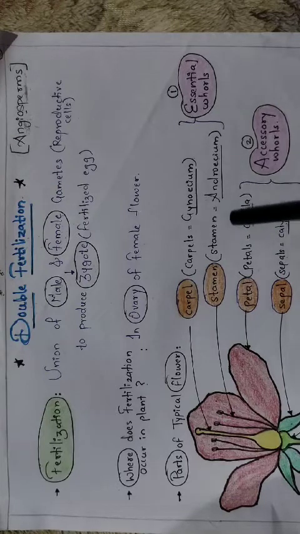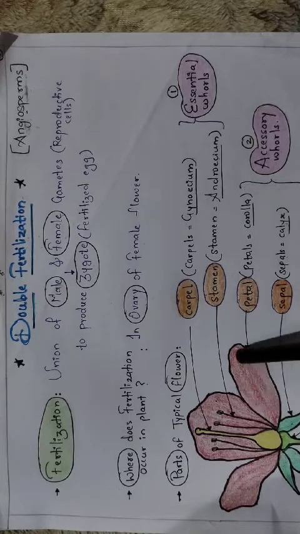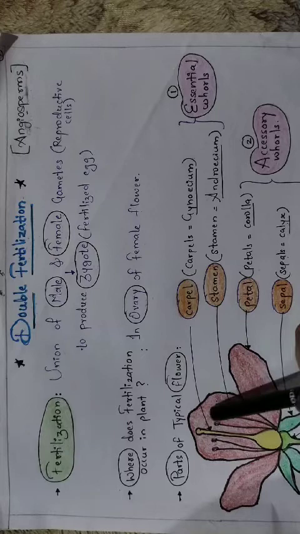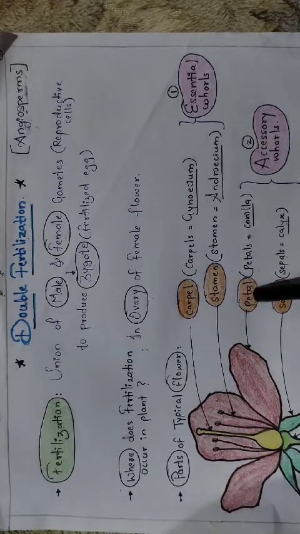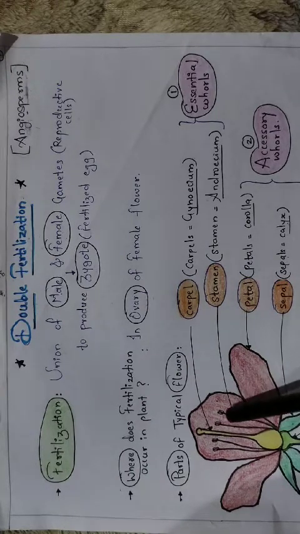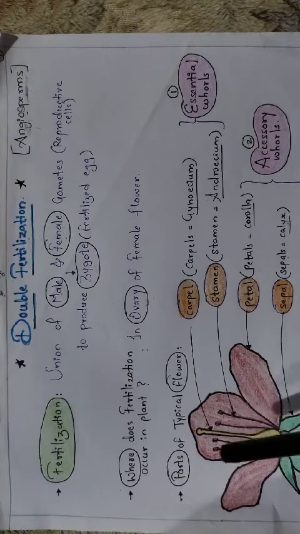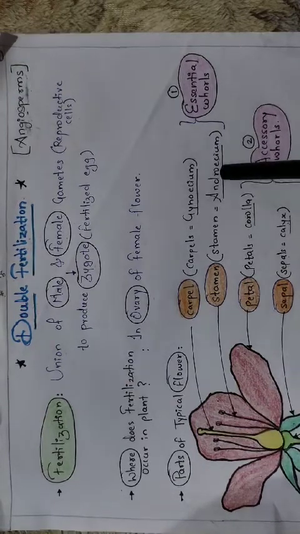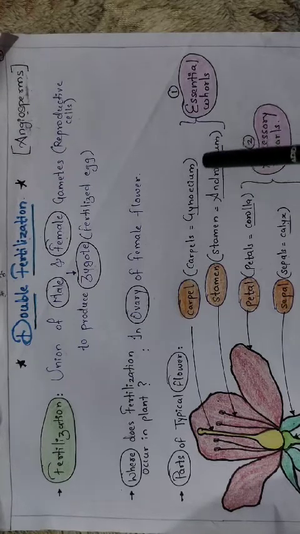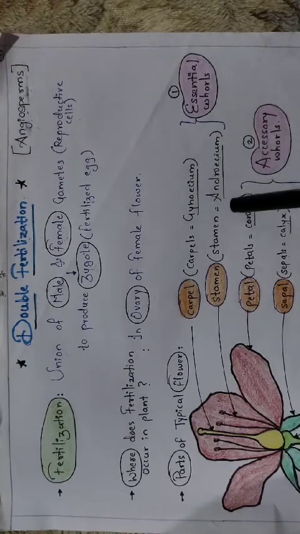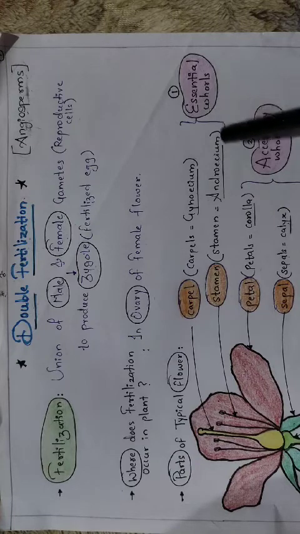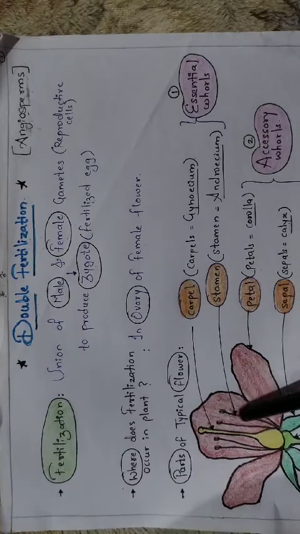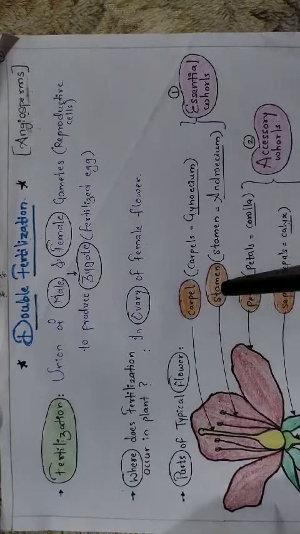Okay, so corolla is a complex term, and the individual member of the corolla is called a petal. Next, the inner whorl. This is a filamentous whorl, which is called the androecium. Remember, it is a very important part, because the androecium is the male reproductive organ, and the individual member of the androecium is called a stamen.